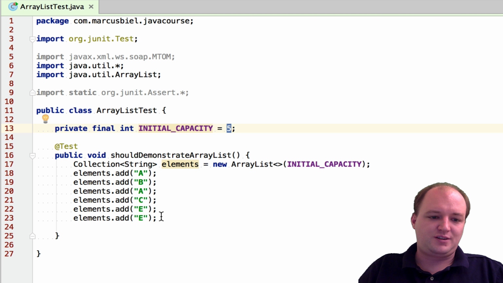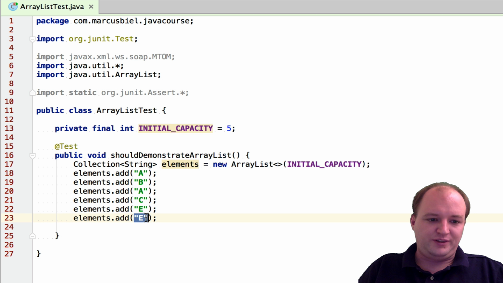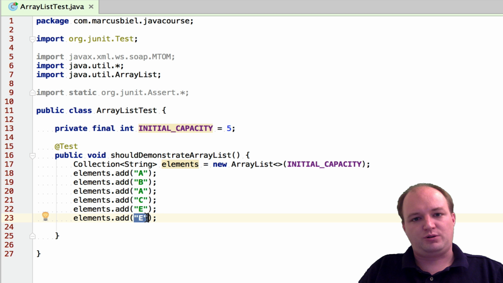So that means when you add the 6th element, internally within the execution of this method, the array list will realize, well, the capacity is insufficient, will then create a new array of a larger size, and will then migrate all the existing data to the new array before the next element, the second E, is added, which costs some extra time.